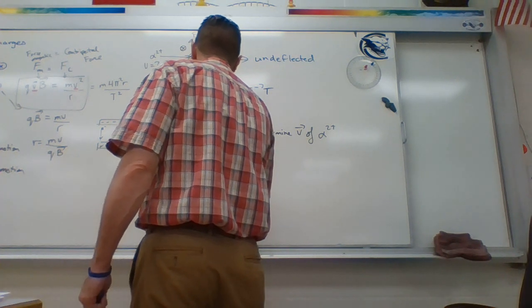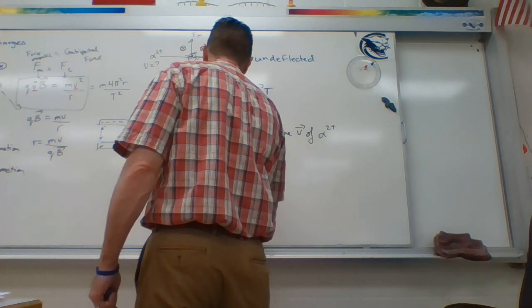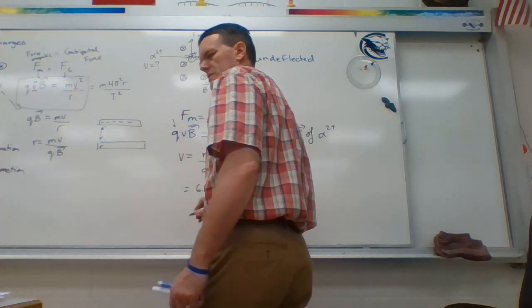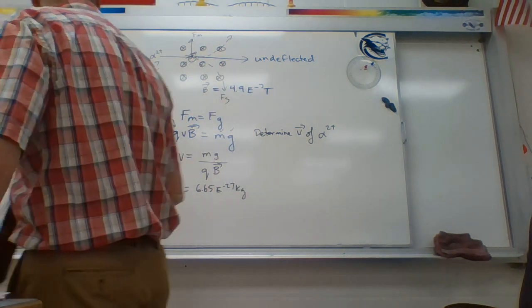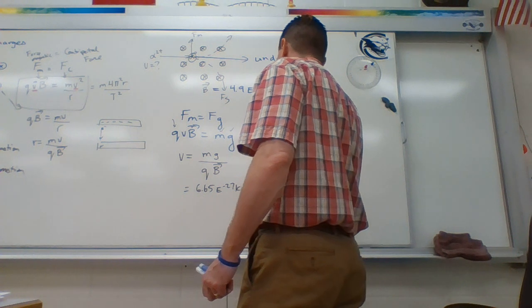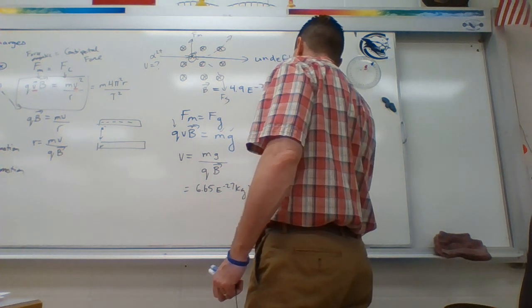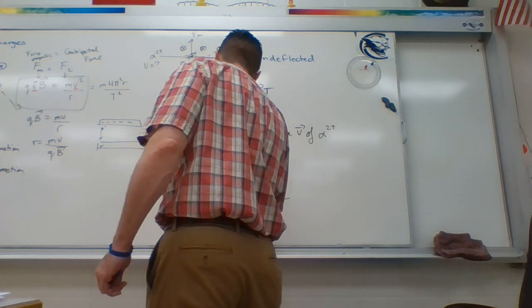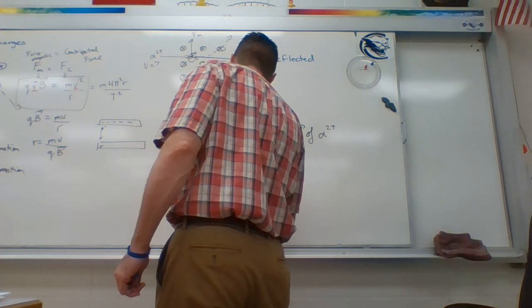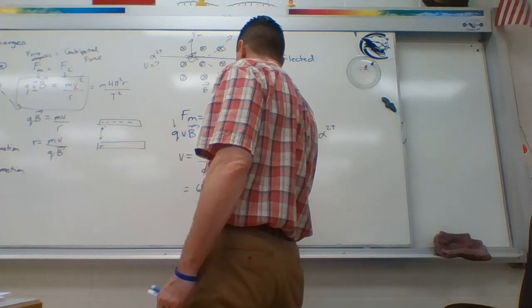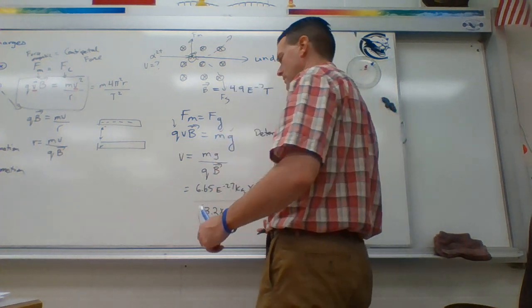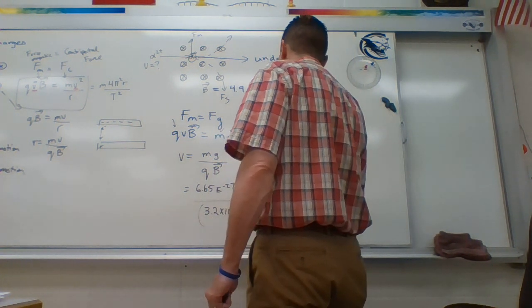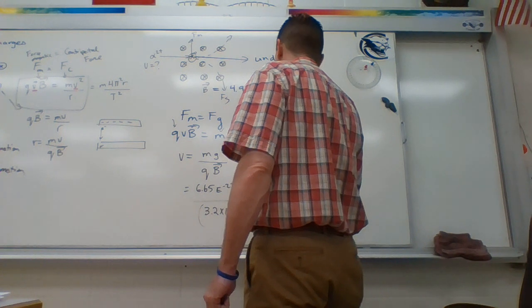And let me just throw this in here. I think that's the mass of an alpha particle. I've got to make sure. Is that number enough? It's 6.5 times 10 to the negative 27 kilograms, times 9.81 meters per second squared, divided by 3.2 times 10 to the negative 19 coulombs. That's double, that's 2 protons, right? 1.6 times 10 to the negative 19 doubled. And then this magnetic field I gave you was 4.9